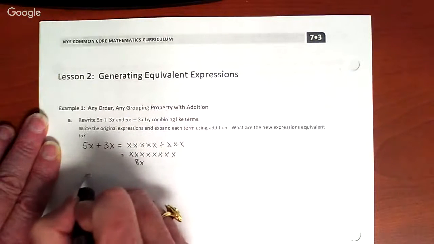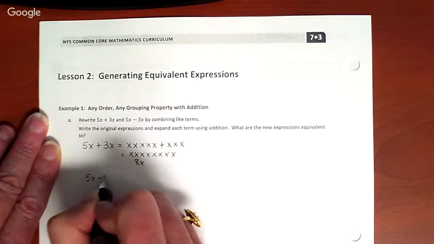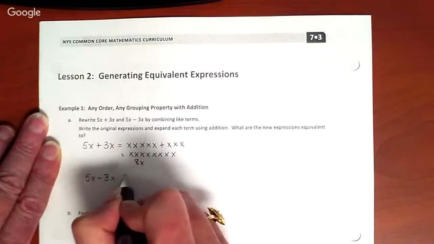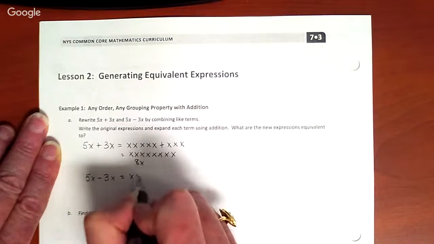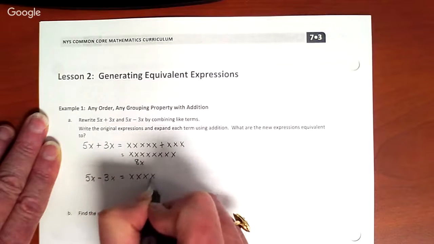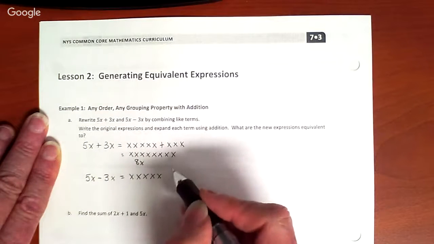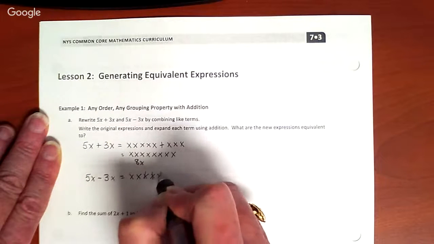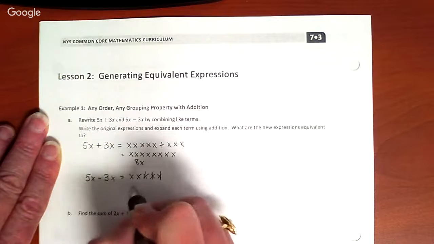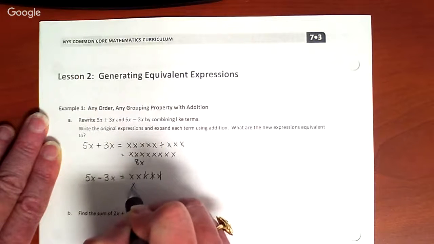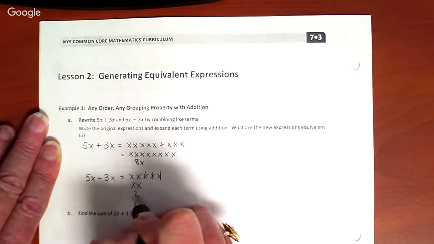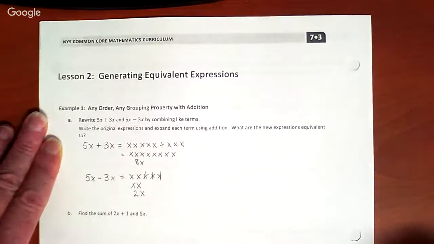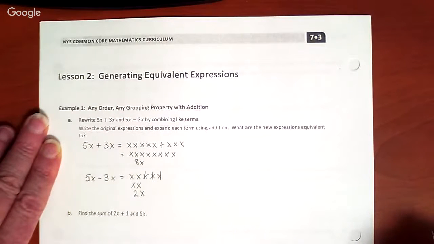If I have 5x and I subtract 3 of them, and I take 3 of them away, how many does that leave me? Well, that leaves me with 2 x's. Okay? So what we're going to learn about today is finding, adding and subtracting